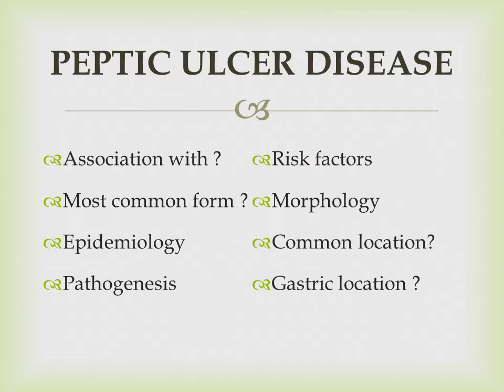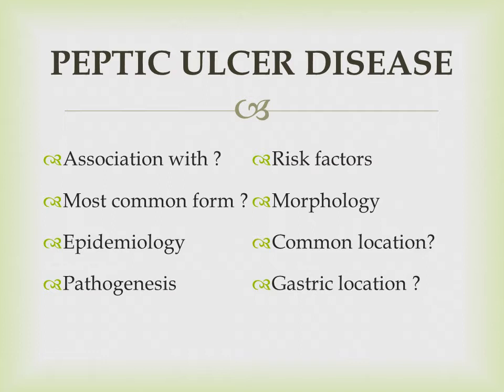Talking about the pathogenesis of peptic ulcer disease, the main thing is an imbalance between the mucosal defense mechanisms and damaging factors. When any of the defense mechanisms is lost, various damaging factors arising as a result of chronic gastritis can lead to further mucosal damage, for example ulceration. If we talk about H. pylori, it can lead to increased production of acid and decreased bicarbonate secretion in the duodenum, ultimately causing the various complications of peptic ulcer disease.